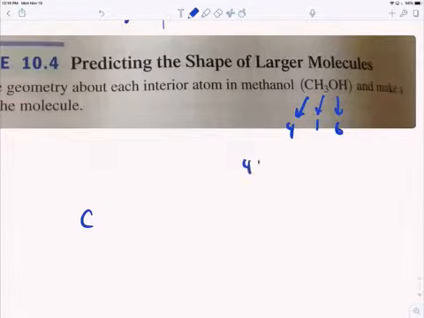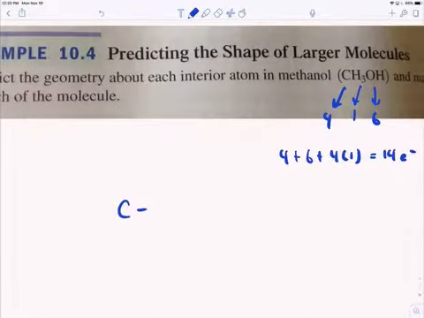So it's 4 plus 6 plus 4 times 1. So there's 4 from the carbon, 6 from the oxygen, and then there are 4 hydrogens. That is 14 electrons. So carbon is going to be attached to oxygen, and carbon tends to bond with 4,